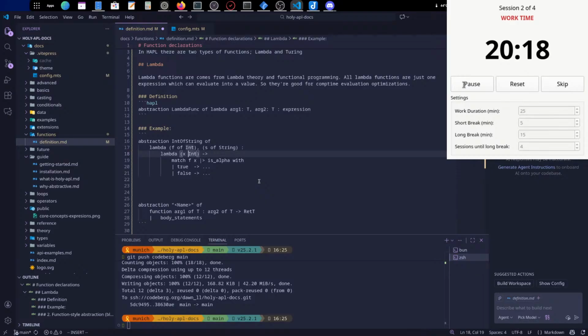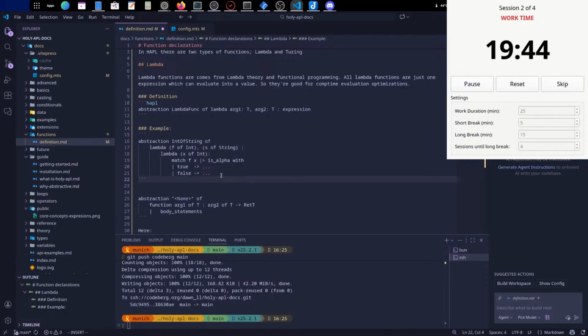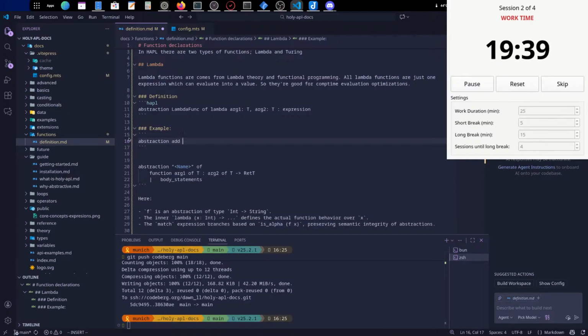Lambda x of int, match x f, arg1 t, x of int, match fx as alpha of f true and false. Yeah, it goes like that. Or we could simply do that: abstraction add of lambda a b equals a of positive and of positive and